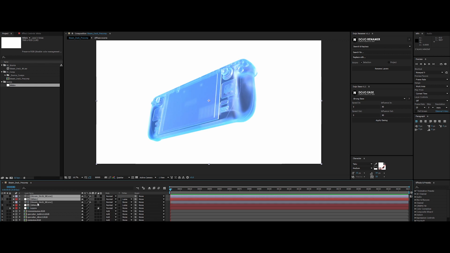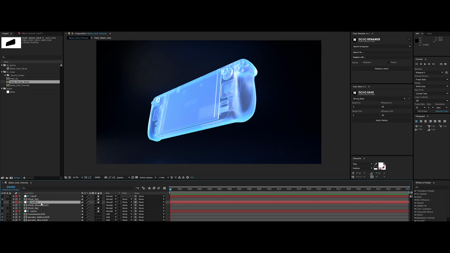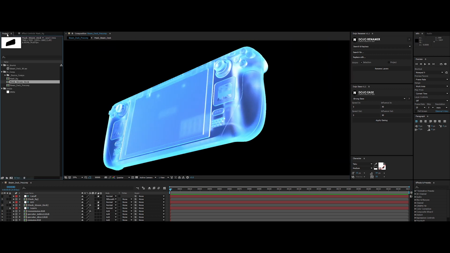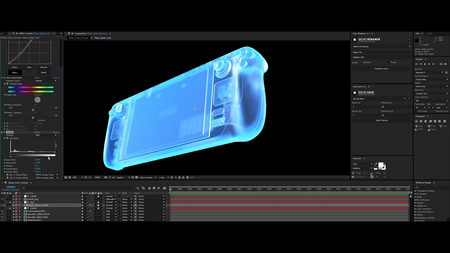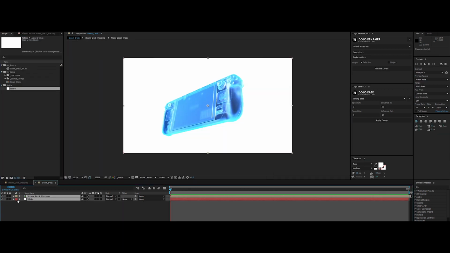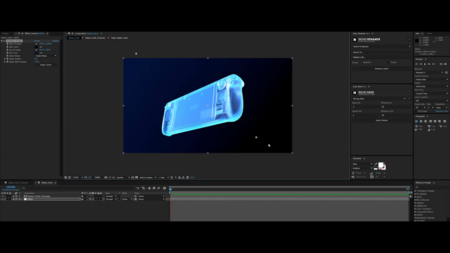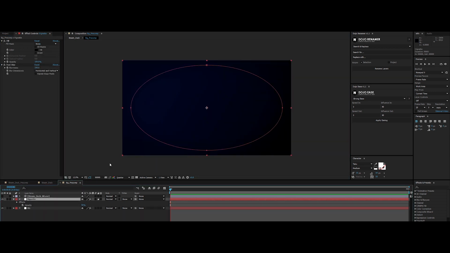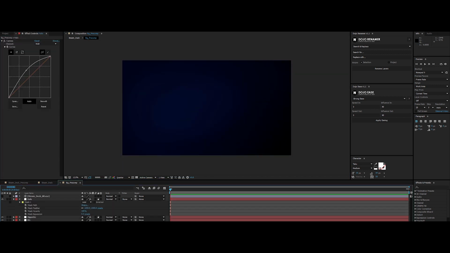Let's create some masks using the Crypto Materials AOV. Okay, now we can cut off the background by putting the mask layer to Silhouette Luma mode. Nice. Now let's make a few color adjustments. Curves, levels, and hue and saturation are your friends. Use them a lot to refine the image. Now let's create the base for the background. So I'm using a background and adding a gradient ramp. Let's darken it a bit and create a vignette. Let's create another masked layer to make the center of the frame a bit brighter.